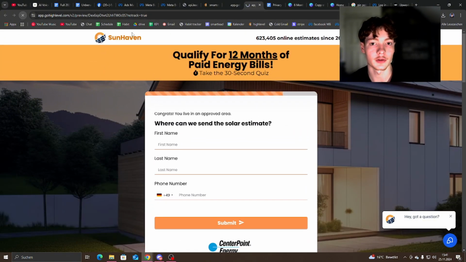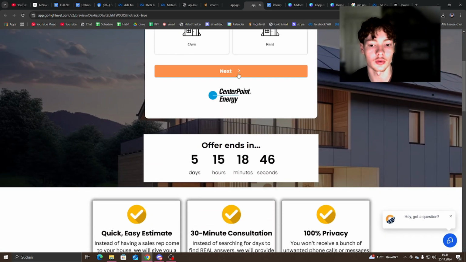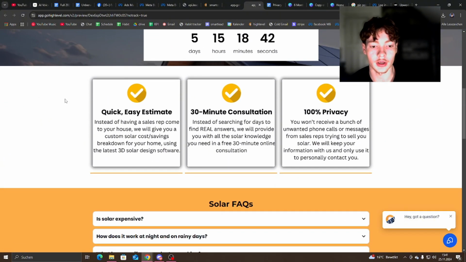What you see right here, when people visit the website, will be the first thing that they see, and a lot of people won't even go through the rest. But for those who do, you want to give them some information, so always use quick 3 bullet points, because it's all about making it easy to understand and very simplistic. If you just redirect them to your homepage, for example, with 10 different tabs and an about us section and services section, and then a huge big text explaining solar,